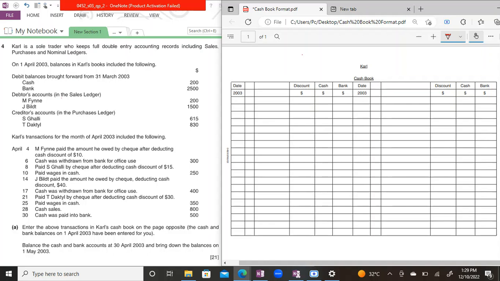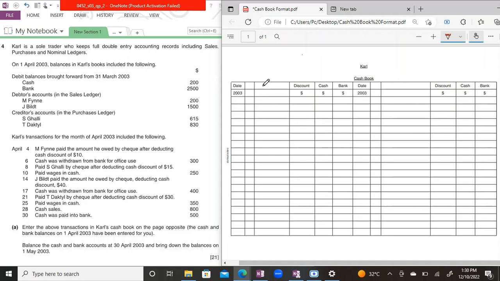Today, my topic is cash book. Now, in this question, I will explain to you how you can prepare your cash book in a very simple way. So, before you start your cash book, remember that